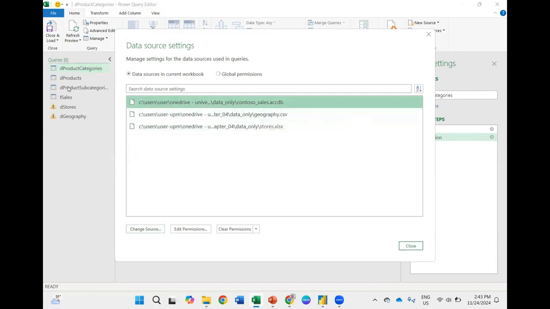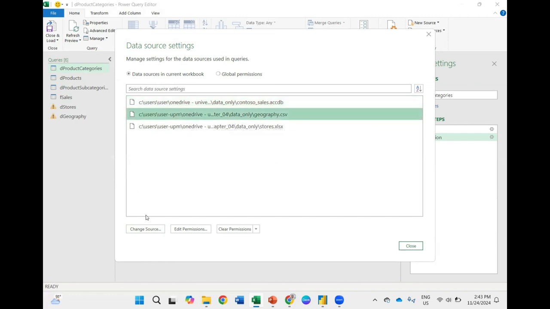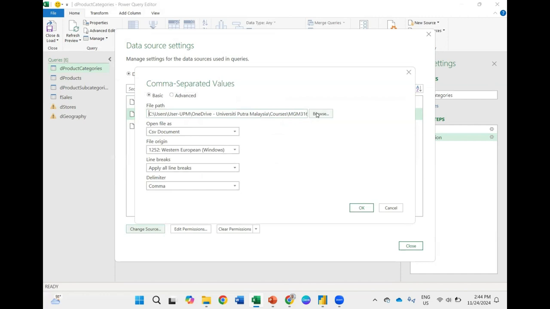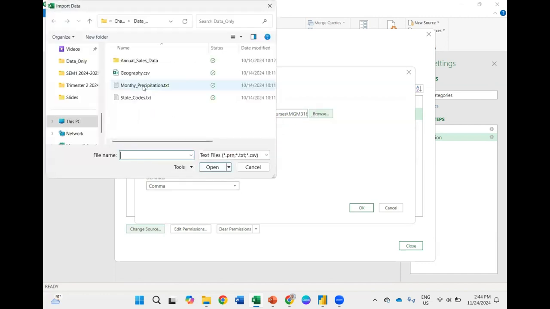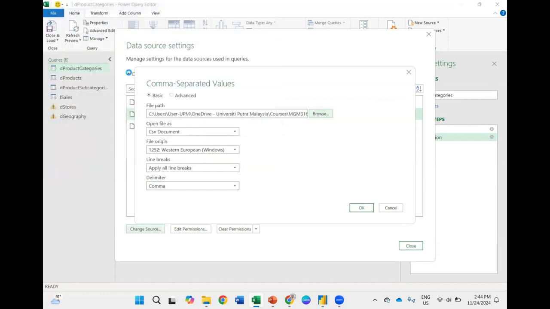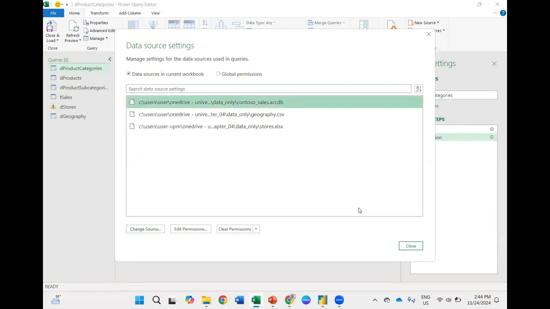Now you can see, okay. Geography, change source, because this cannot read the path here. Geography here. The next one is store.